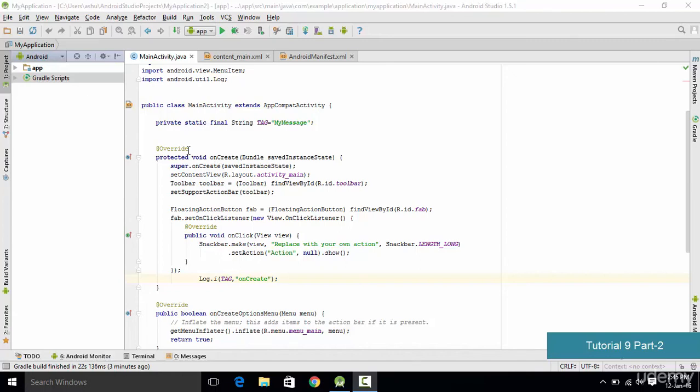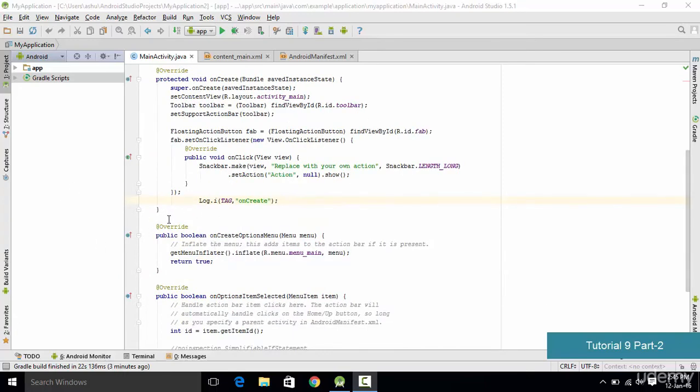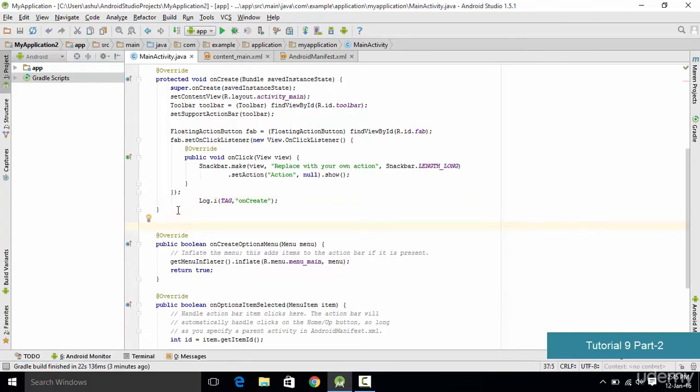Now we already have this onCreate method with us, which was predefined in our program. We want to make sure that we also add the other methods such as onStart, onResume, onPause, onStop, and all the other methods which we want. In order to add those, instead of typing in the code right here, you could use a technique which is called code completion.